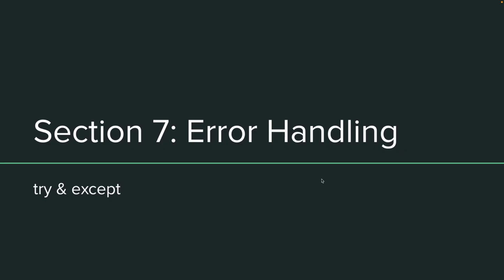The seventh section of this Python course is about error handling. Even the best code can go wrong. Users might type the wrong input or files might be missing. If you don't handle those errors, your program crashes. That's where try and except comes in. They let you catch problems and respond nicely instead of crashing and showing that red colored error to the user. Instead, you can handle that gracefully and say that this is what is going wrong, or you have to do this differently, and so on. That is all about error handling, and we are going to use try and except in order to do that. So let's see how we can do this in the hands-on part of this section.